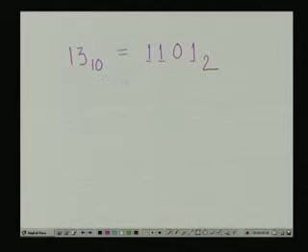So if I want to check what that 1, 1, 0, 1 is in decimal, then